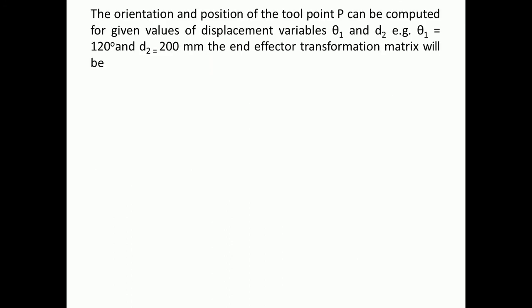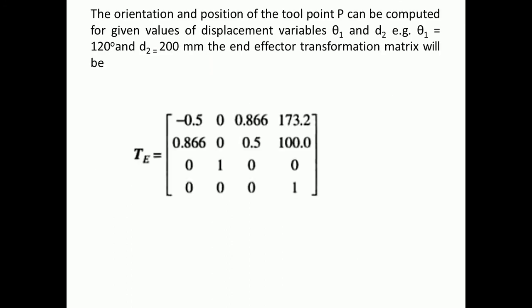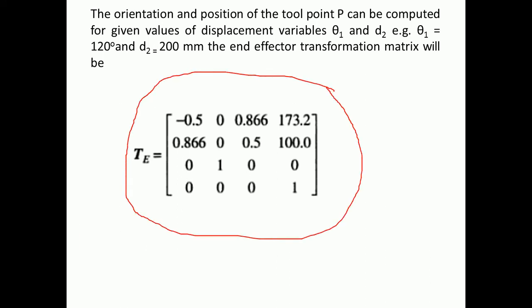So in such a manner you got these different equations, and what we have to do is just put in our values of d2 and theta. We found the final equation in such a manner. Okay, so this is the final matrix which we got, or the final position with respect to our notation scheme.